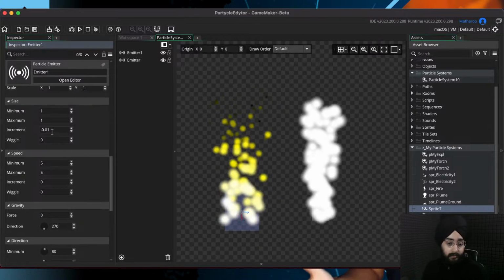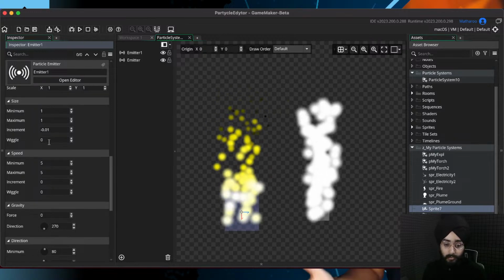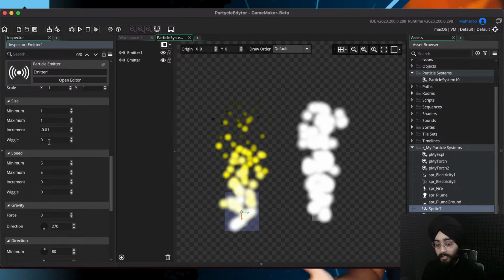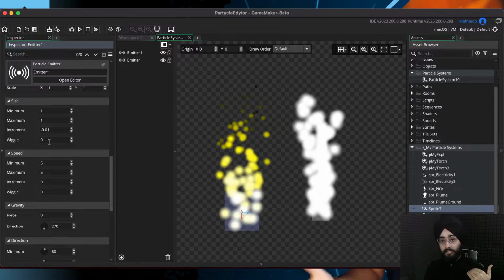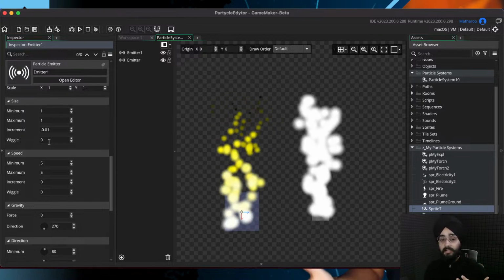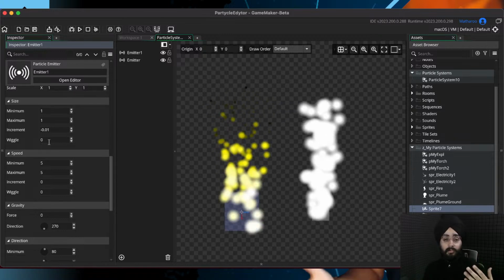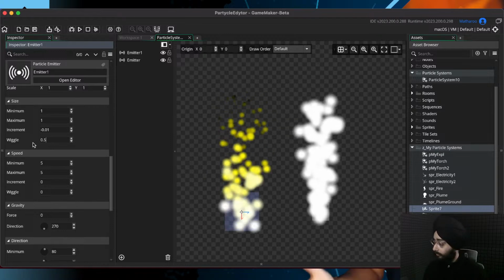So that's the size. There's a wiggle argument as well, and if you write a number here, it will be randomly added to the size of the particle every frame. The number itself won't be added. The number that will be added every frame will be between 0 and the number that you entered, so it will be random in that range. But if I just enter 0.5,